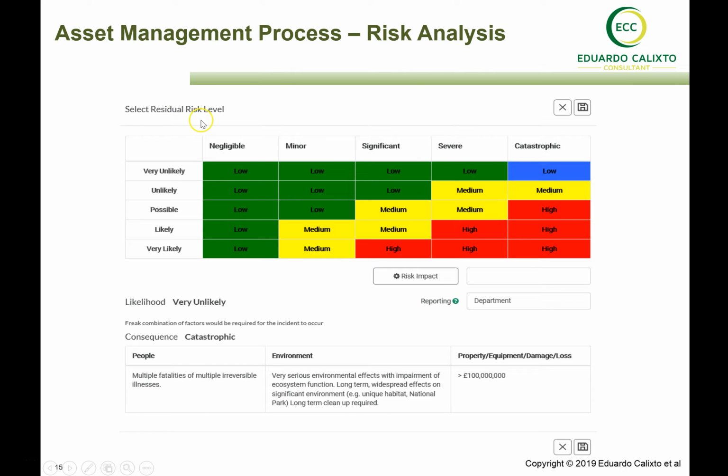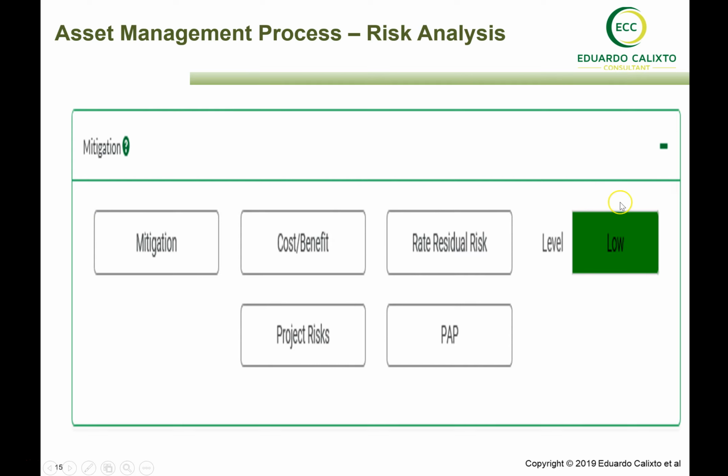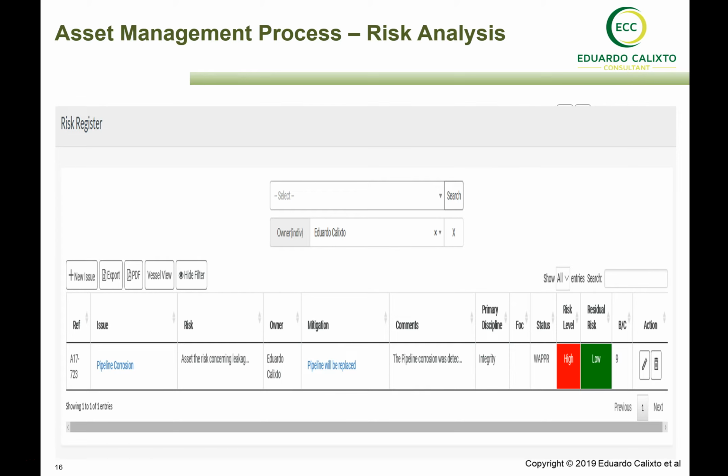Again, the same template, the residual risk now, after the replacement, we have the low risk, then based on it, we confirm and we just apply the risk after the mitigation. The further step that needs to be done is, of course, not only the risk assessment, we demonstrated the complete risk assessment, but also to understand what was the cause of such failure, such degradation in this equipment. Then we can go to the next step and implement a root cause analysis. So here, just to demonstrate, after the supervisor implements the mitigation and assesses the residual risk and the cost benefits,